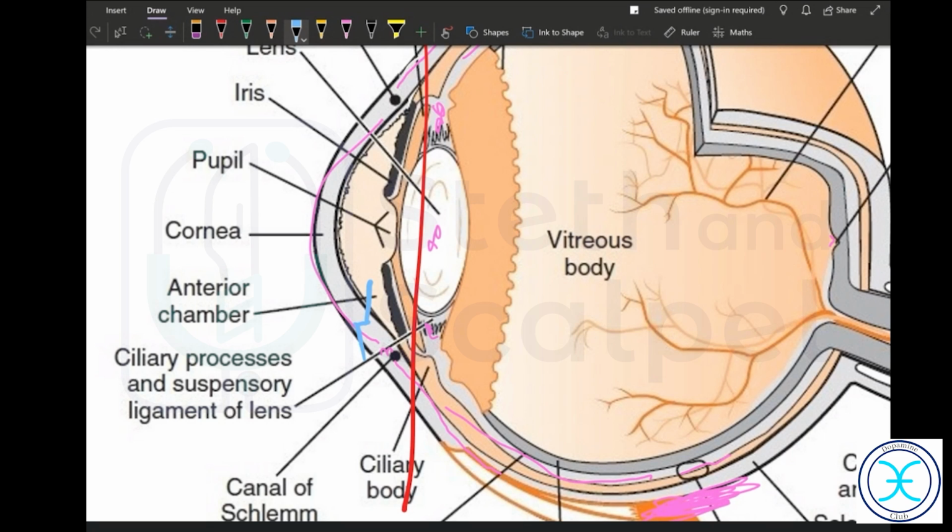Keratome is for putting a hole, no? It's something else. No, it has one name. U-shaped irrigation you can do. I forgot its name. They use that rotating thing. Sinskey, some, no. Sinskey's hook was for dialing the IOL. This one will be like a hook. They will put it in, hold the lens like a sandwich, and bring it out.